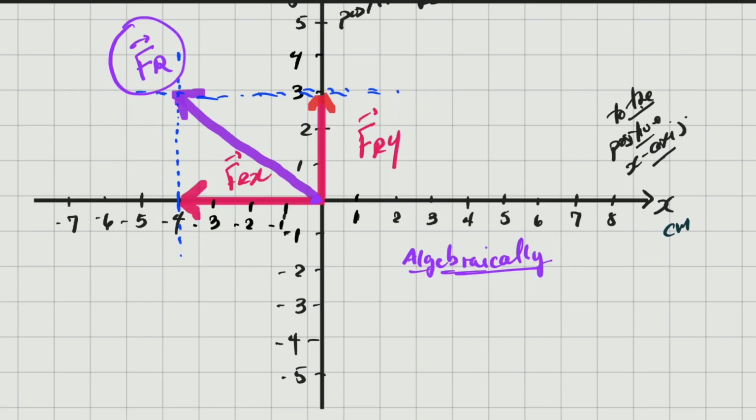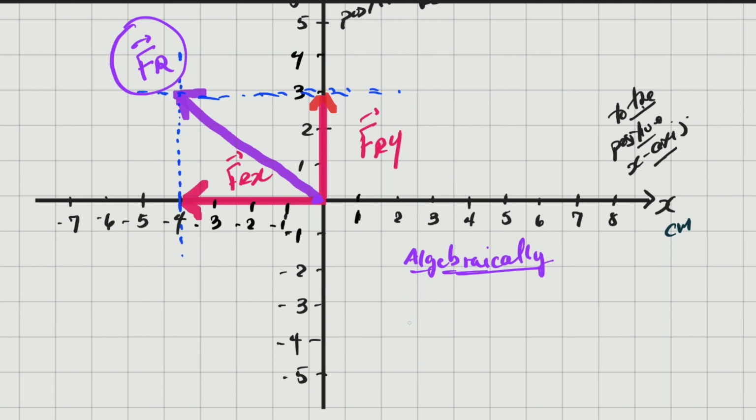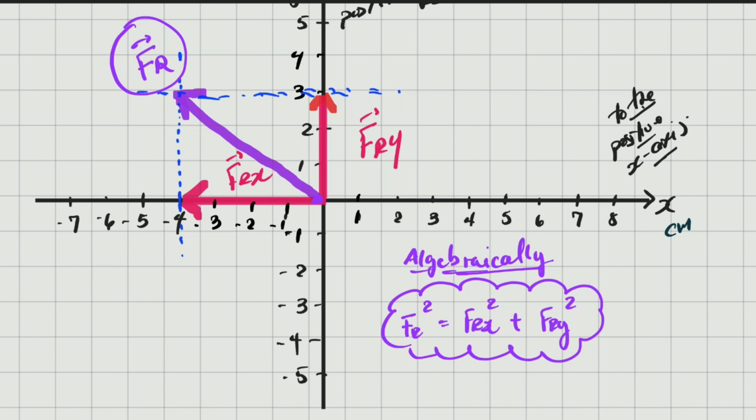So if we want to calculate the resultant force of these two, Fr in y and Fr in x, we can just use the theorem of Pythagoras. Fr squared is equal to Fr in x squared plus Fr in y squared. So this is how we can calculate algebraically the magnitude of that Fr vector. Okay, this is Pythagoras. Remember, this is a right angle triangle, but vectors have direction, so we have to get